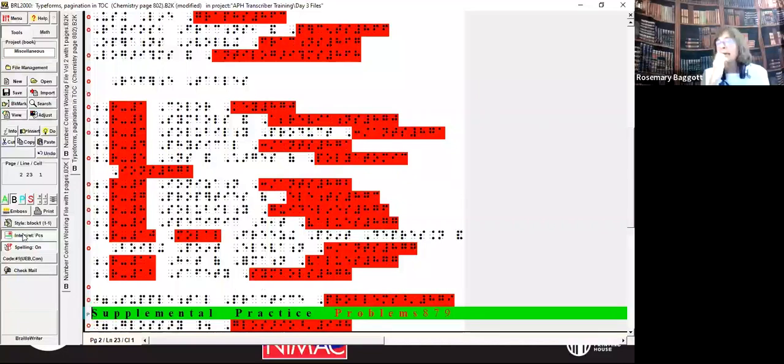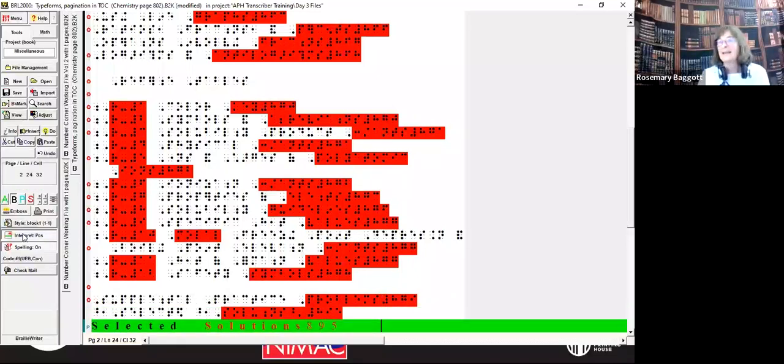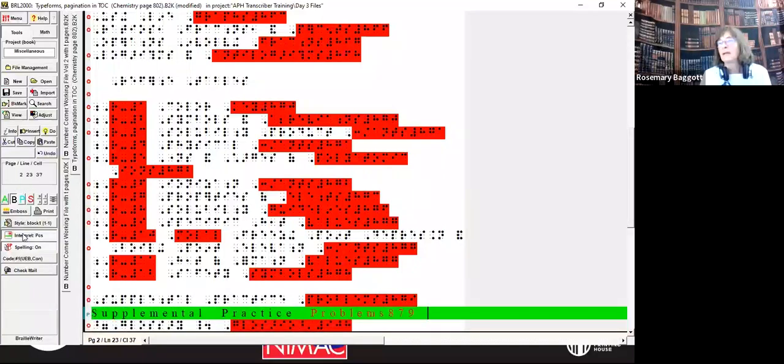Now, in the print text, the supplemental practice was in bold type. That was for emphasis in print. It does not need to be in Braille. And that was an opening passage indicator. So I'm going to remove the opening bold passage indicator, but I also have to find out where's the closing. Well, it's over here at the end of the line, in between the text and the page number, which is also not spaced as in the other book. So I'm going to go in and remove it.